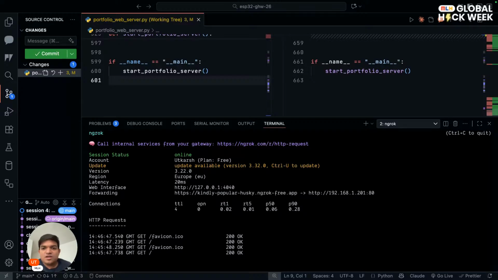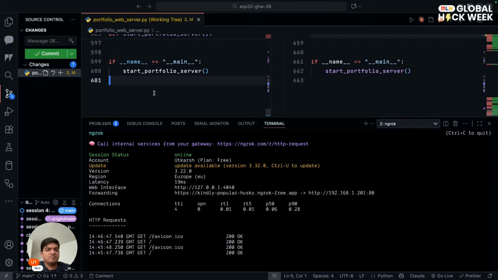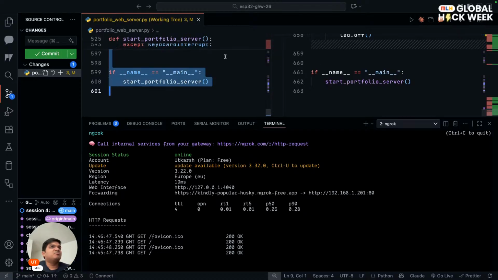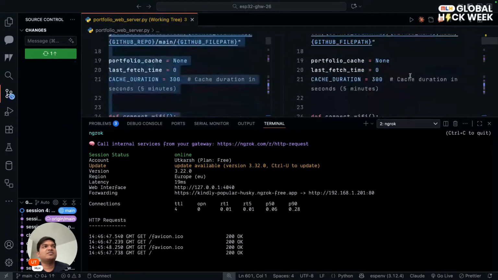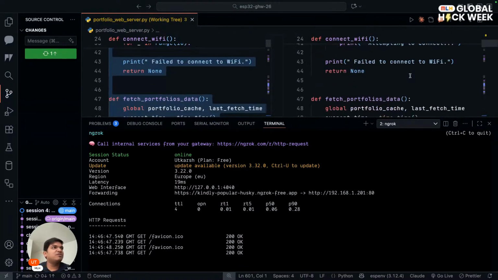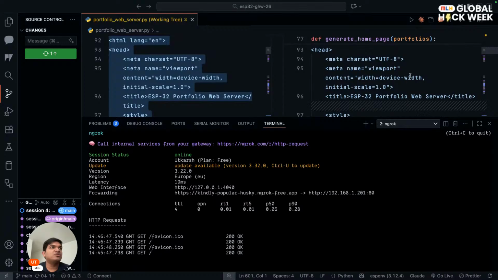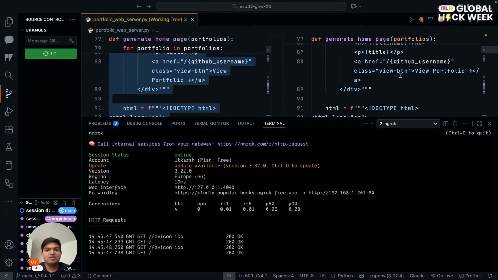Okay. I think that is... we'll put this back again and let's try and debug it. So this is what we have. Connect to Wi-Fi, that's fine. We'll use it to generate home page data, which takes in